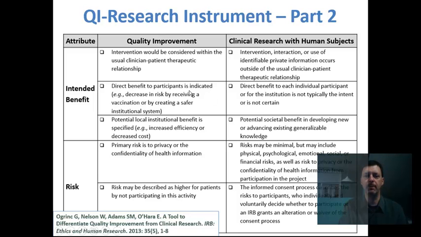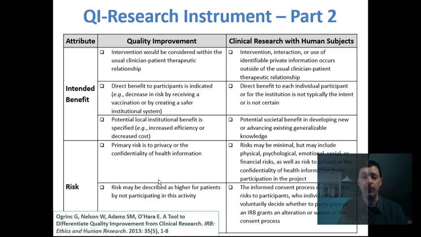Often a direct benefit to participants is indicated, and there may or may not be direct benefit for participants in research work, whereas there is a societal benefit of developing new knowledge, and you also often see an institutional benefit for QI work. Primary risk in QI is to confidentiality of health information,